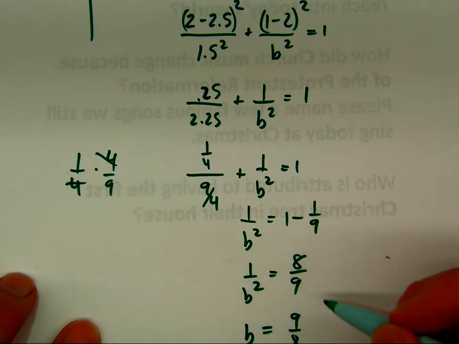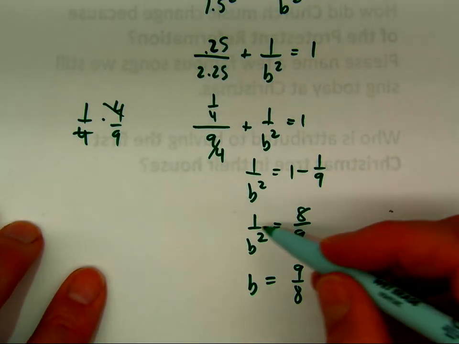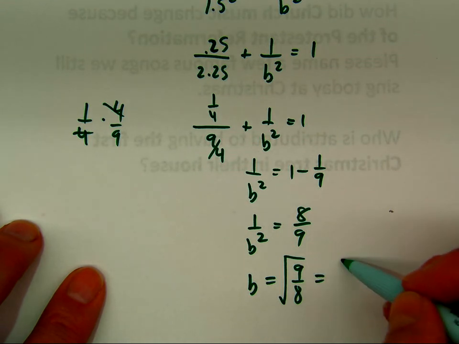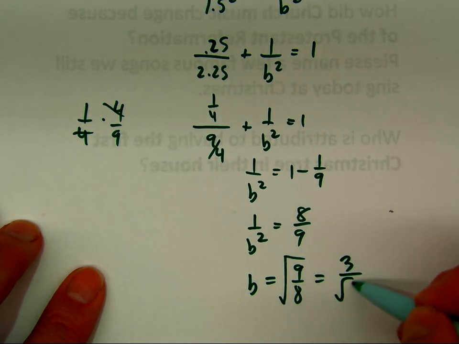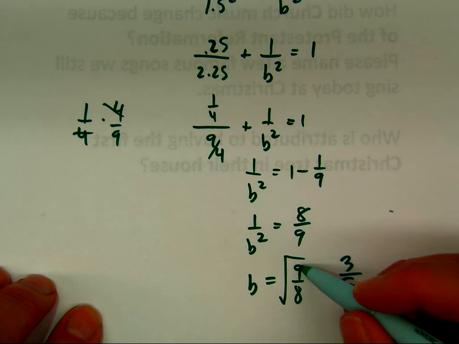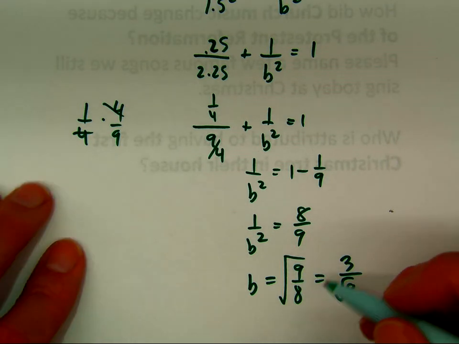And we are going to do the reciprocal of both sides and square root. So we'll get 3 over radical 8. And we might want to just leave it as radical 9/8 because we're just going to put it back into